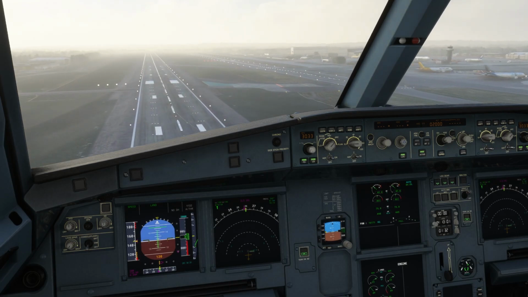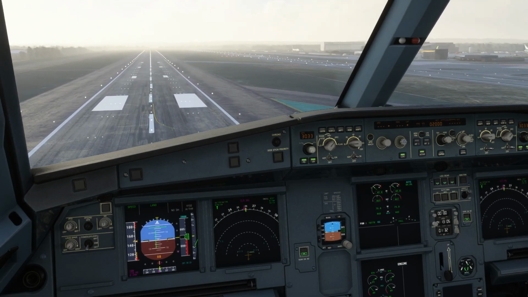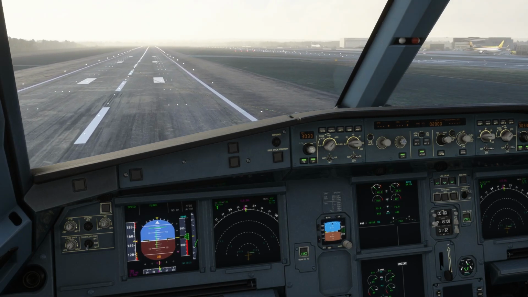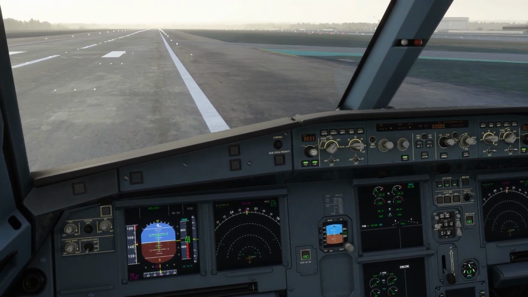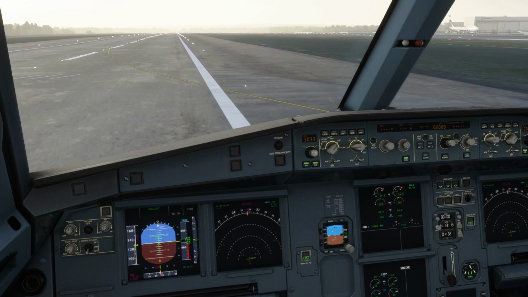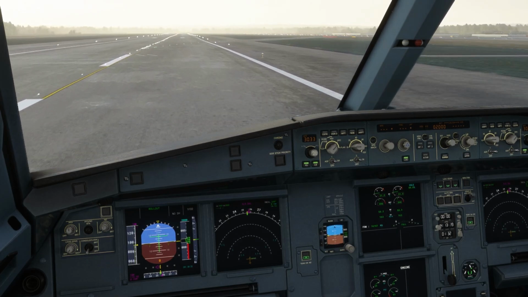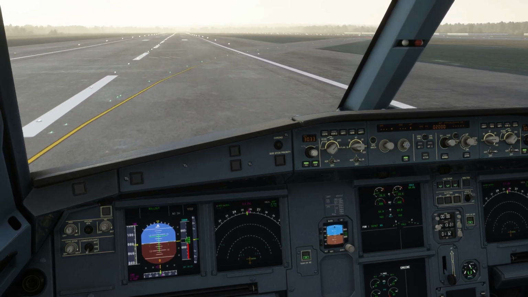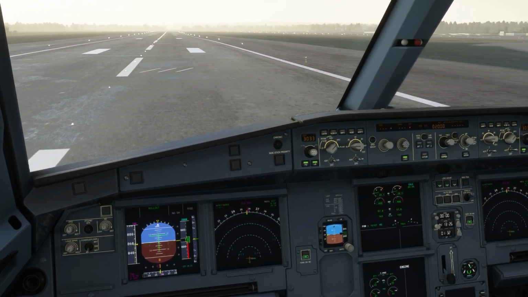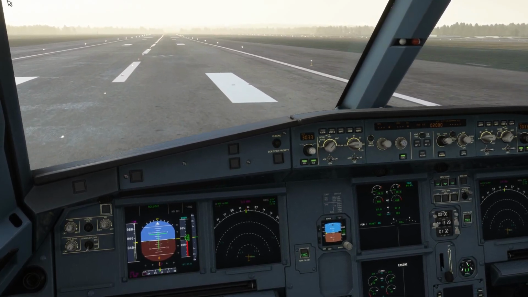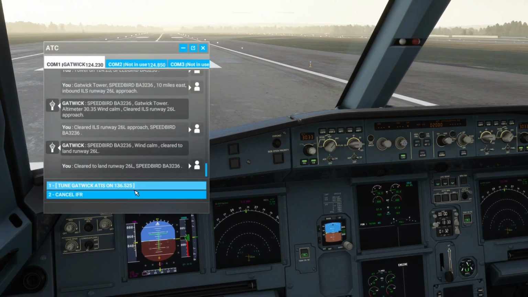Oh, it is 26 left. Yeah, we're right. So 100. 60, 50, 40, 30, 20. Retard. Just a little bit off to the side. It's okay. Slowing down. There we go, we've landed, so let's contact air traffic control